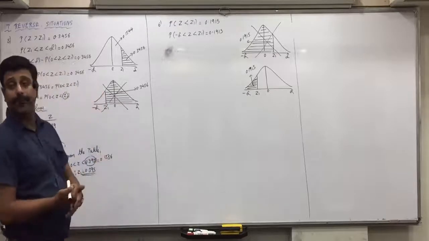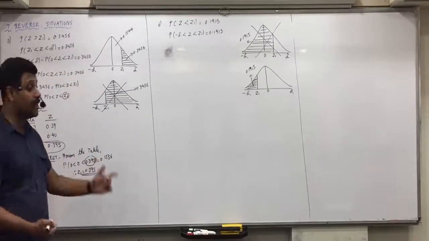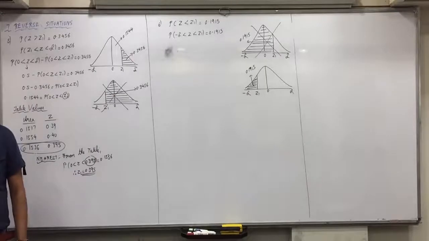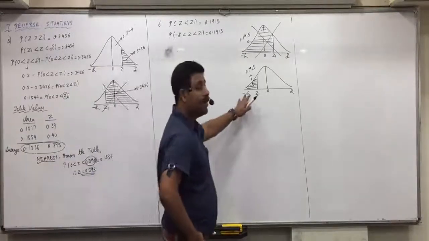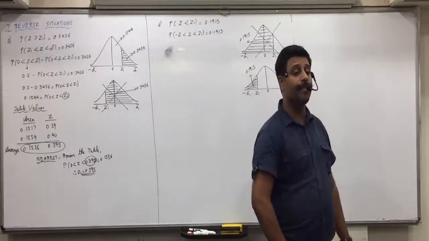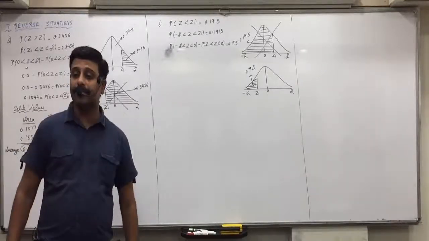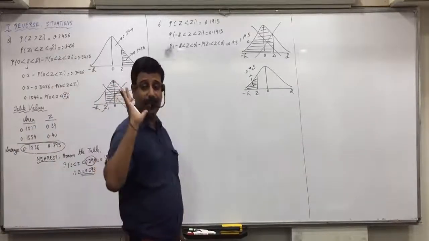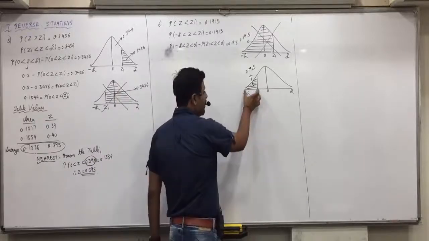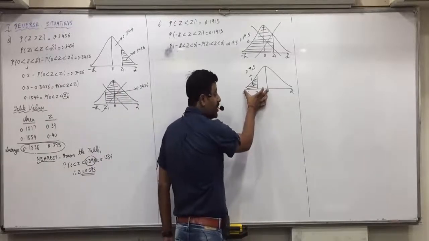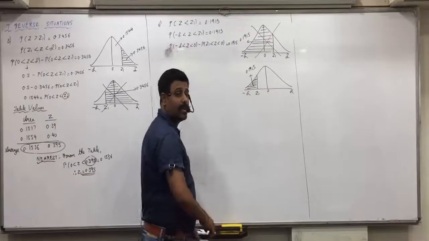Now second area, Yashvi, how would you write the second area? What is this new expression you told me today? Shading on one side means sum or difference? Difference. A difference of which two? Yes, Yashvi? First, practice the situations properly. Yes, this area will be the difference of minus infinity to 0, minus z1 to 0.